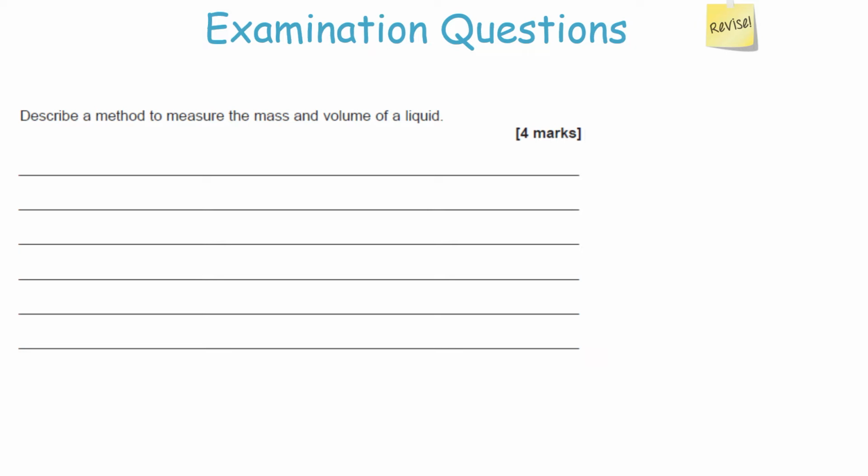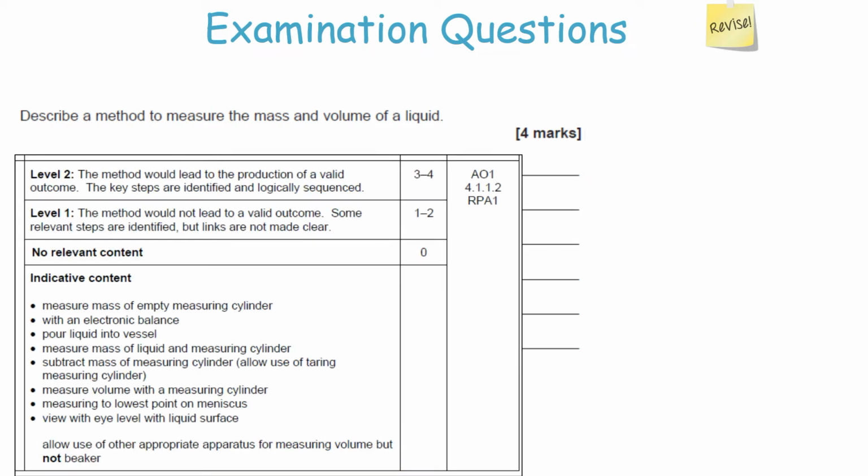Now, in this instance, because we're measuring the mass and the volume, that will actually work out the density as well. Because to work out any density, it's working on the mass of the substance, the volume, and doing mass over volume. This question doesn't go as far as that, but you've got to know how to work out the mass and volume of each. Now, how do you measure the mass? Well, the first thing for a liquid is you would measure the